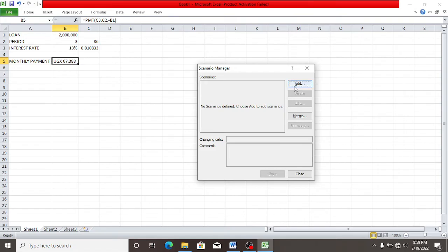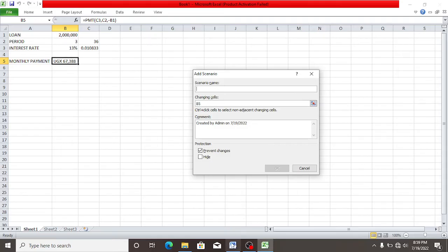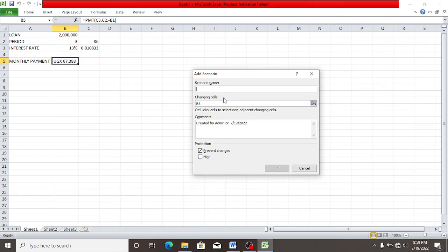So I'm going to add a scenario, my scenario number 1. Then my scenario name is going to be KCB Bank. And then by changing cells, it's going to be the interest rate. It's going to vary. And then I don't want the comment.